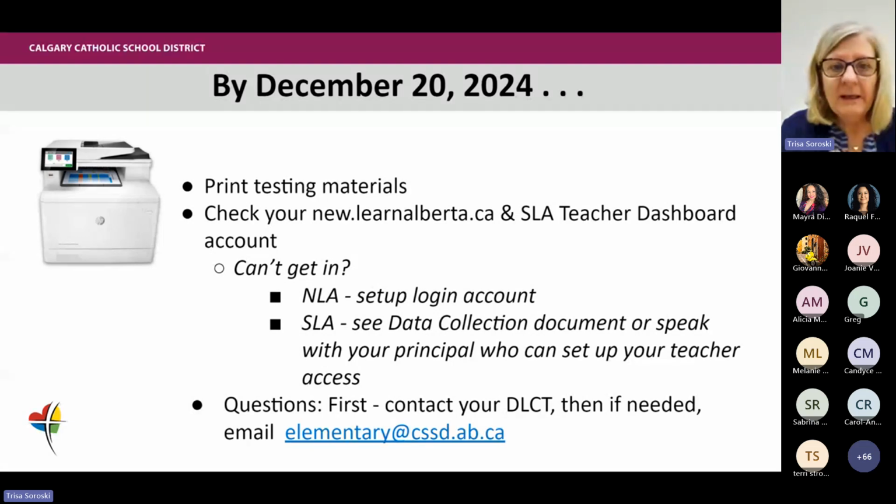Again, we are also looking at some guest teacher support. We're hoping every one of you will have at least some time. I don't know what that's going to look like yet, but that's our goal, is to give each of you some time. So what that looks like, we have to wait and see. In the meantime, yes, go check your newlearnalberta.ca account, check your teacher dashboard account.